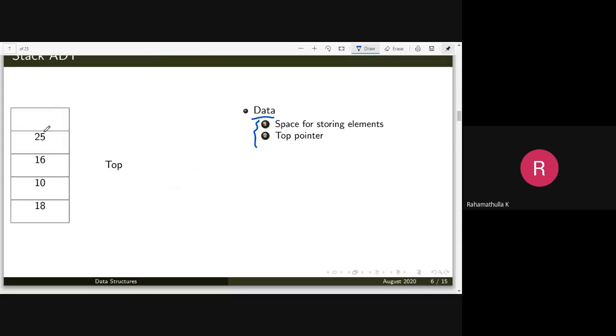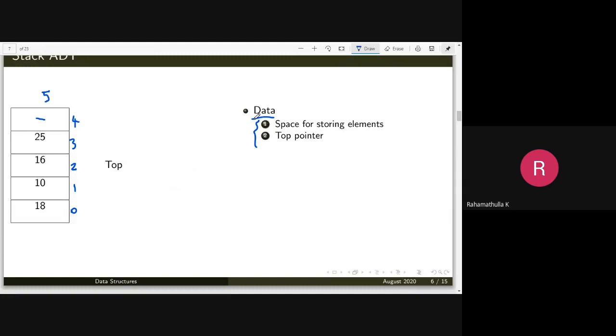For example, consider an integer stack with size equal to 5. So you need to reserve space for storing 5 integers. For example, the 0th element, first element, second element, third element, and the fourth element. Now the stack is full up to position 3. There is one more space that's vacant.